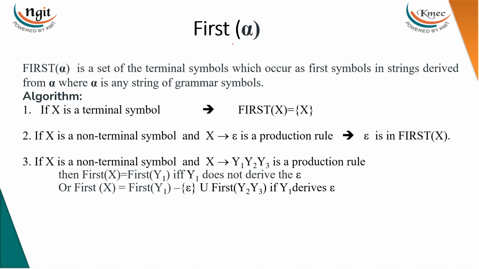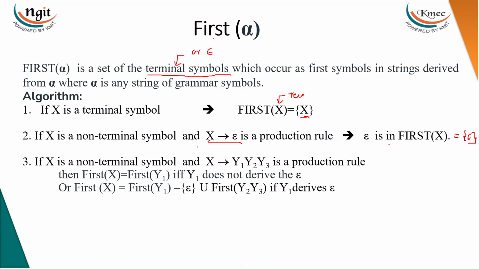First of alpha. So first of alpha will give you the set of terminals, guys. The first set never ever contains the non-terminals. It should have either terminals or epsilon. Then the algorithm of first is, if X is a terminal, means what? First of X. If X is a terminal, then first of terminal is terminal only. If X is a non-terminal and X is deriving epsilon, then first of X equivalent to epsilon, you can take it,